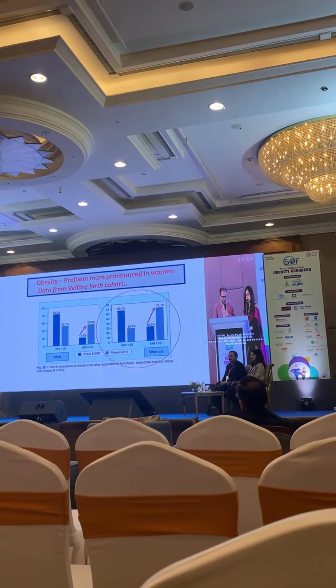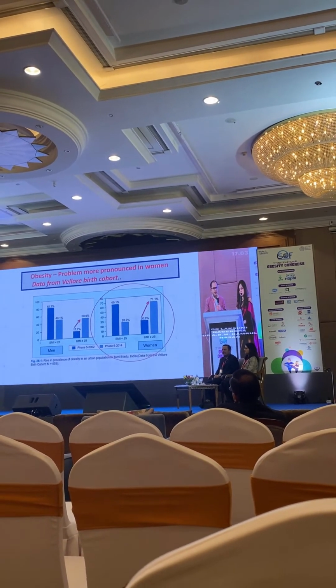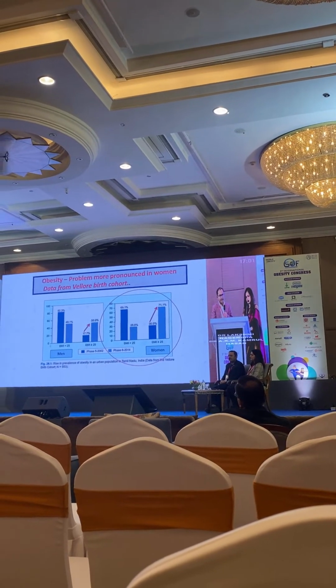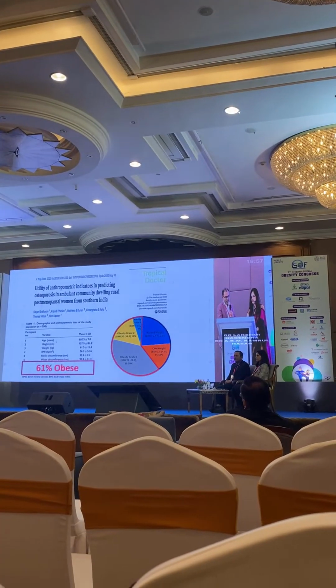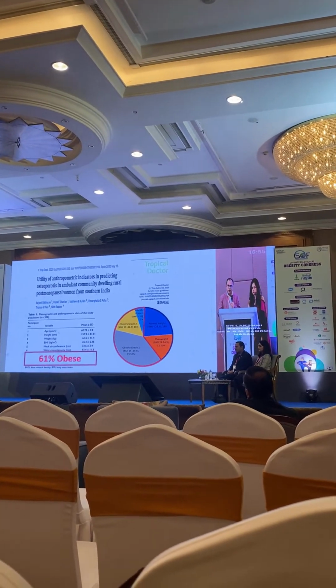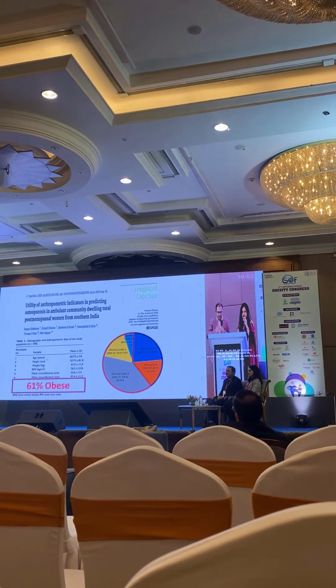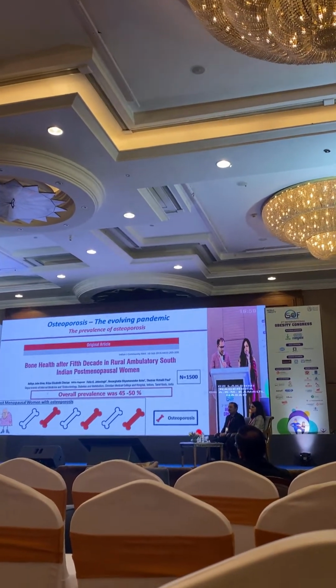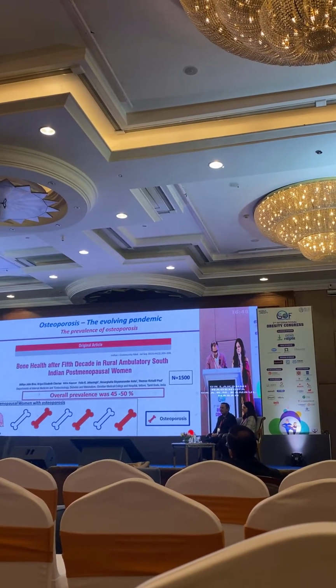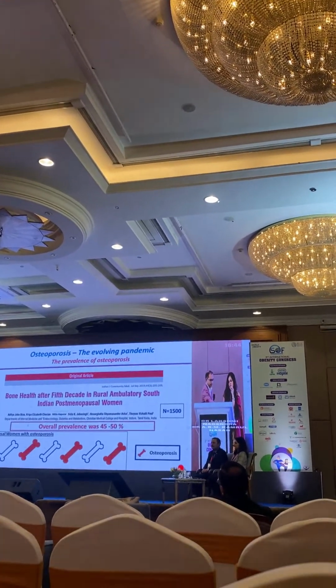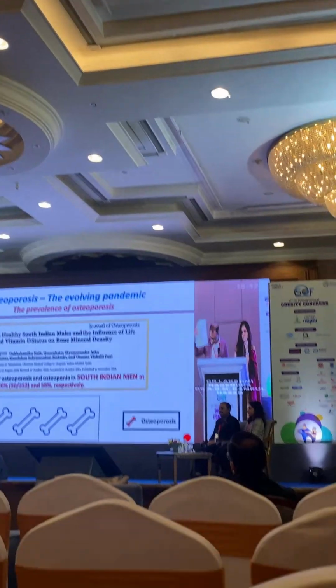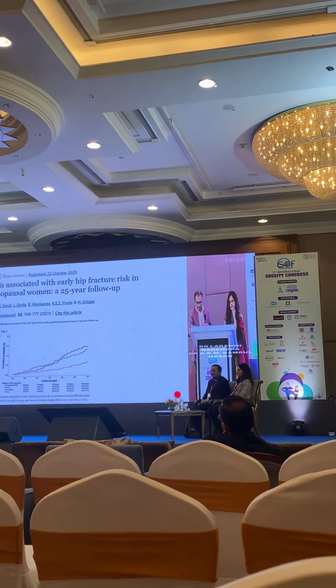That particular proportion group. So this is about obesity prevalence, particularly in India. What about osteoporosis? Postmenopausal women with obesity have the highest prevalence of osteoporosis. So obesity is common, and so is osteoporosis. Three in six women, as you can see, 50% of women have osteoporosis. It's common in men as well, up to 20% of men have osteoporosis.